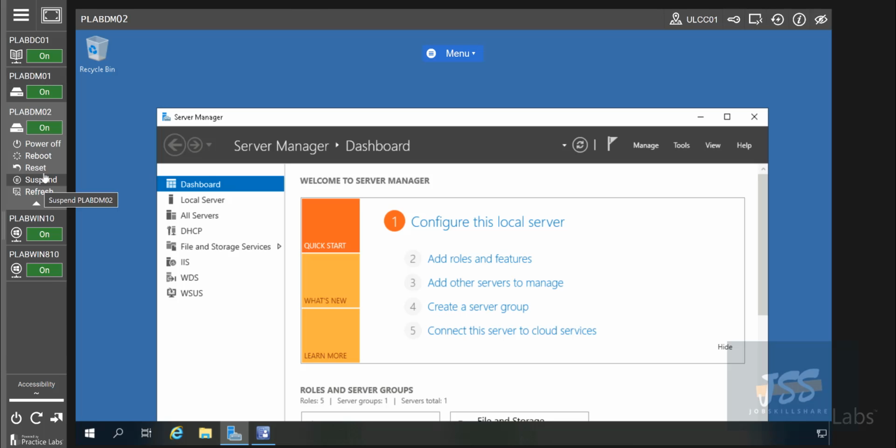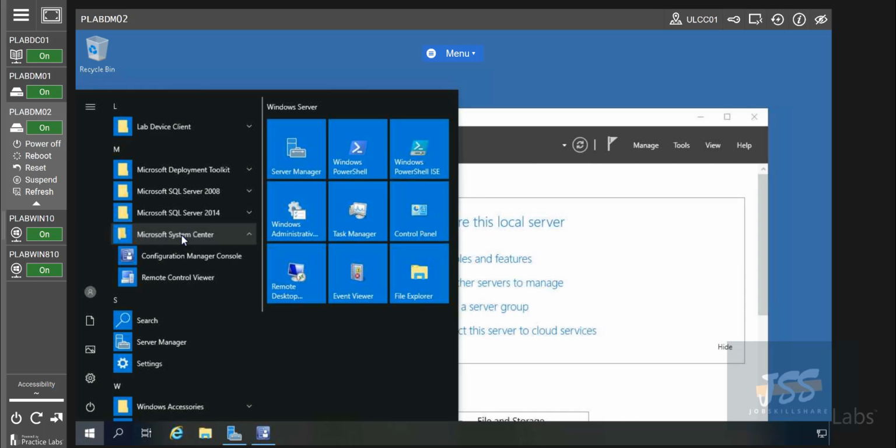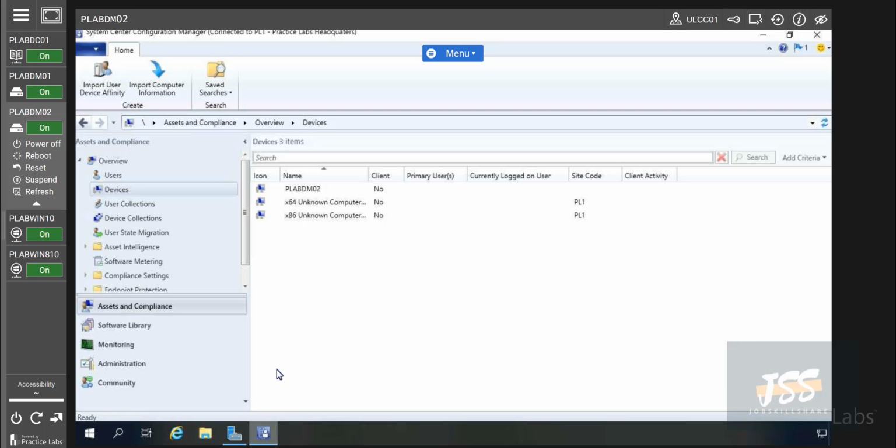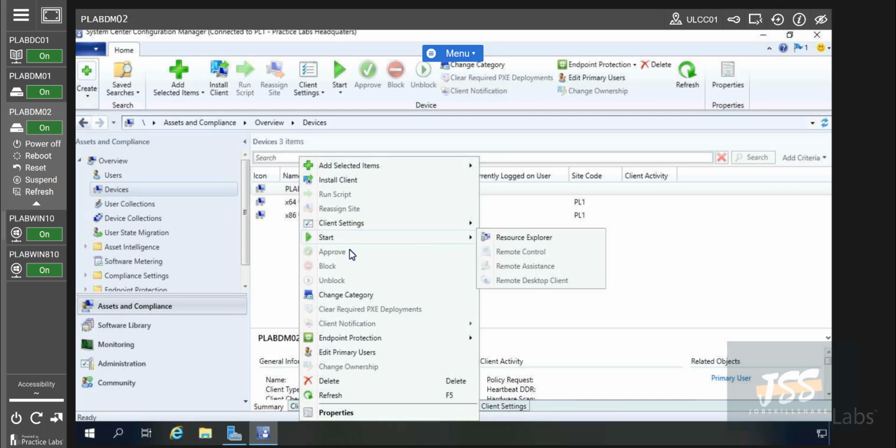Now if you go to the MD02 and you go to start and type, click here, Configuration Manager Console, this is SCCM right here. So when people ask you this question, do you know about SCCM? Most of the companies in the help desk environment are just using this remote control viewer. Like when you go to the SCCM, I'm going to open it. A lot of the time help desk will be given access to devices like this, where they right click on a machine and then they will go to start and then remote into other users' computers.